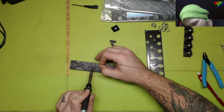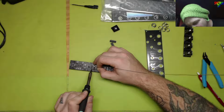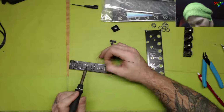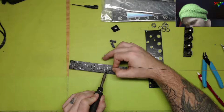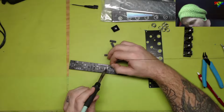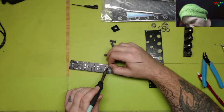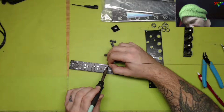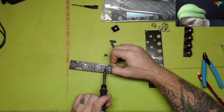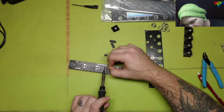Oh, anyway. But yeah, I was just talking about not using up these sockets for the NE555 timers, because I had so many timers versus sockets in the last build, when I put the control module together. And I think I've actually got a lot fewer 8-pin sockets than I originally thought, and that's because I've also in the past used them for